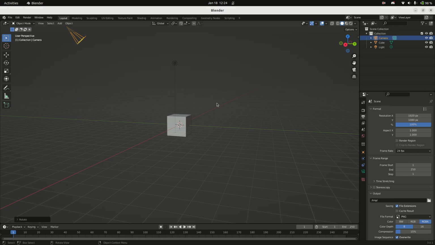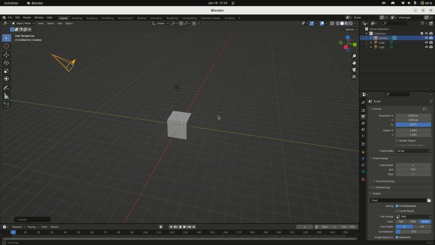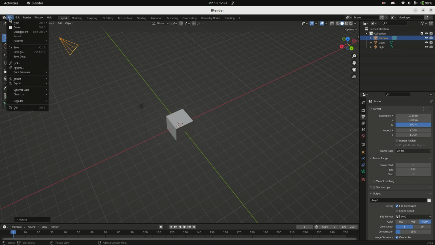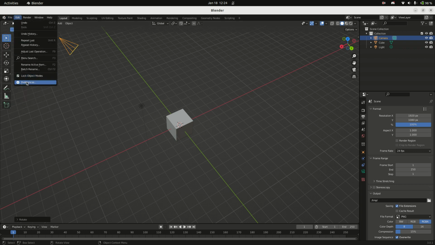Something else to be aware of. If you are on a keyboard that comes with a laptop that does not have a number pad, it is sometimes handy to enable numpad emulation. What does that mean? Well, Blender has some hotkeys that work well with the layout of a number pad. I'm going to go to File, Edit, Preferences,